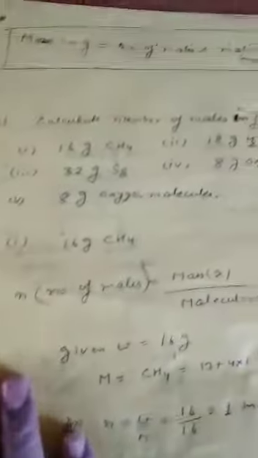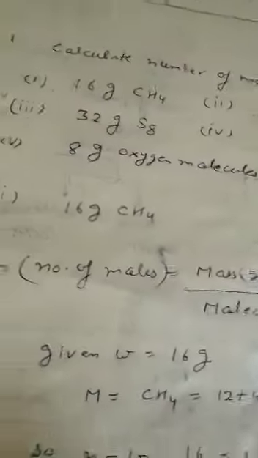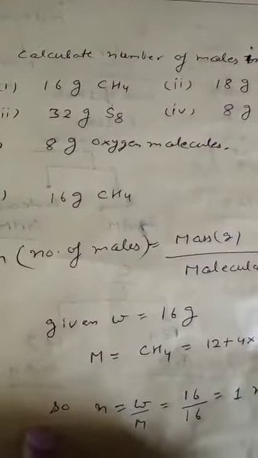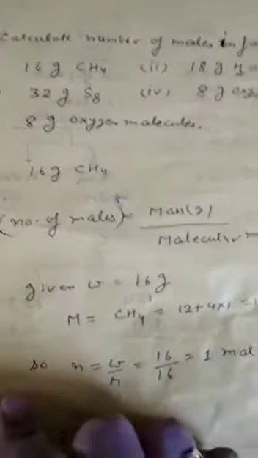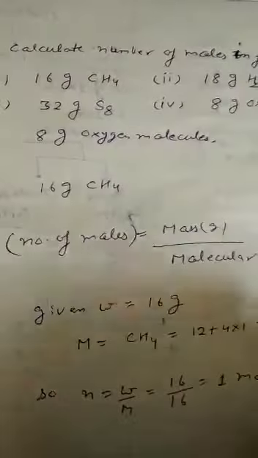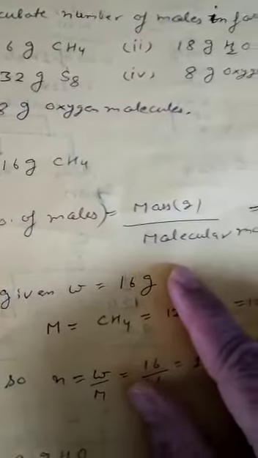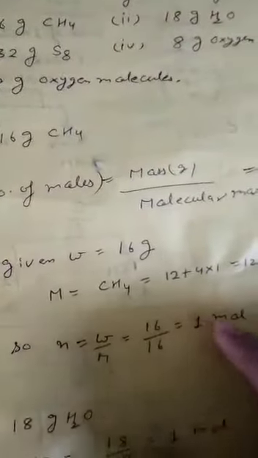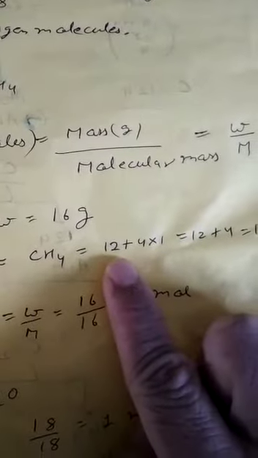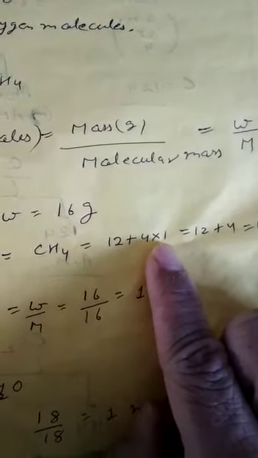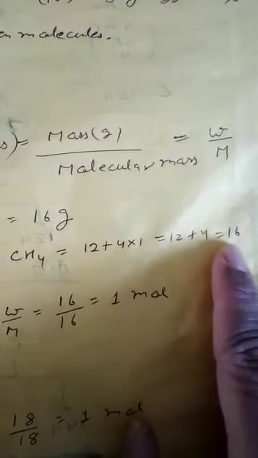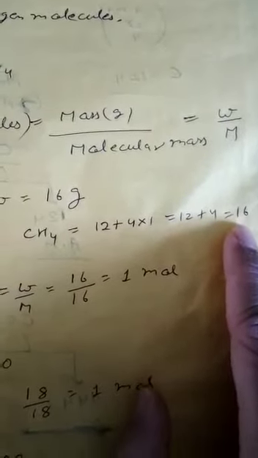Now next, I have given some examples so you can understand some numericals. Suppose I have given you 16 gram of methane, then how can we calculate number of moles? In this case, I have given the mass, that is 16 gram, and you have methane molecule, so you have to calculate the gram molecular mass of methane, that is again 16 gram. You can see that CH4 is 12 plus 4 into 1, so that is 12 plus 4 is equal to 16, that is 16 gram, the gram molecular mass of methane.